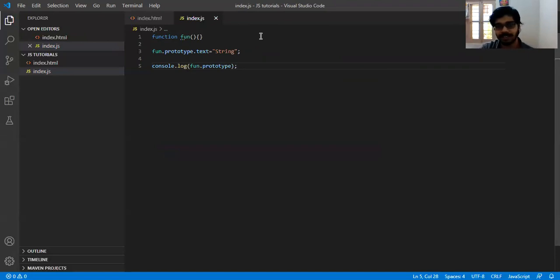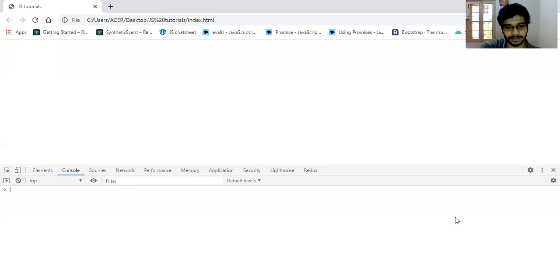Now observe what happens. The file is saved, yes. If I go to the browser and reload the page, I will reload it by hand. You can see that this is the prototype object that the prototype property of the function object called fun points to.